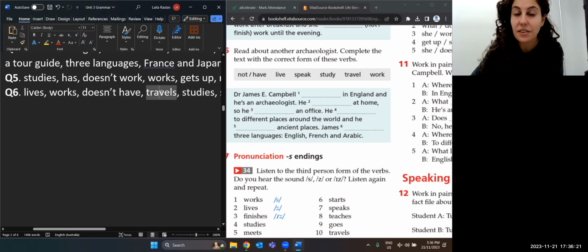He travels to different places. So you've got to pick the correct action for what it's trying to say. So he travels to many places around the world, and he